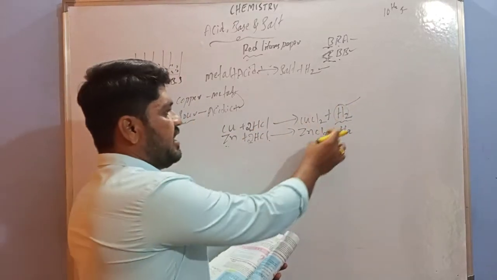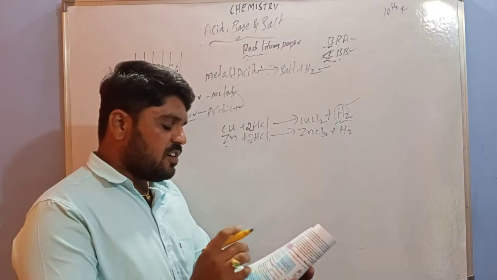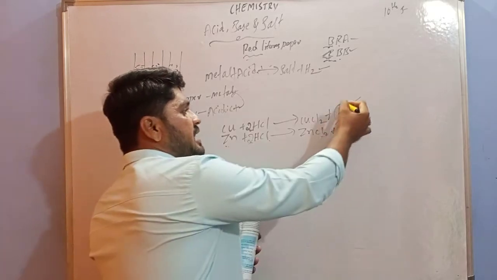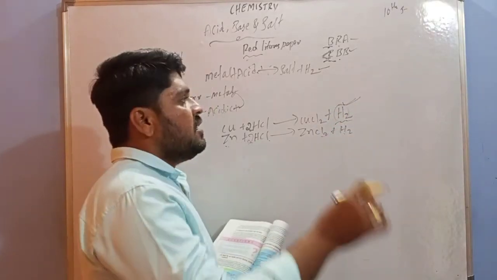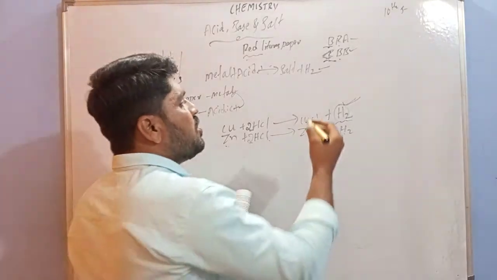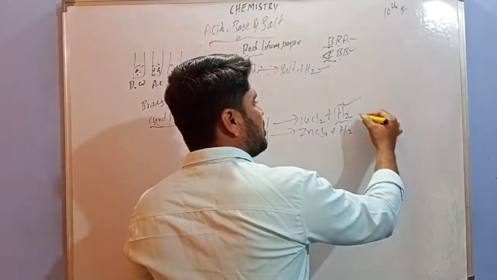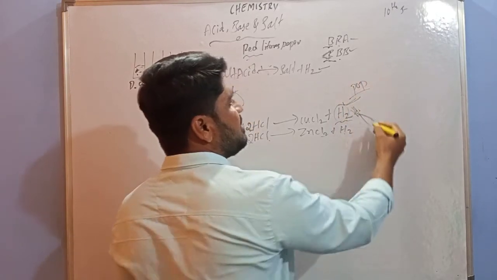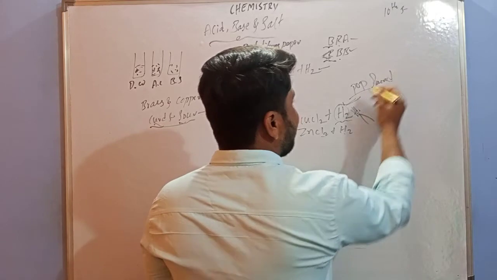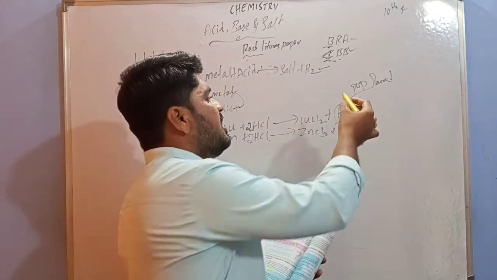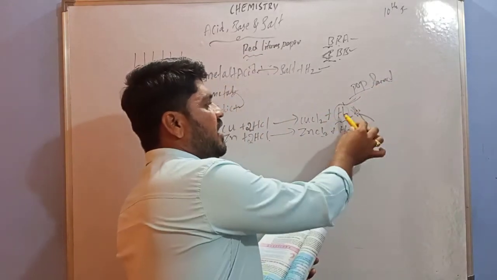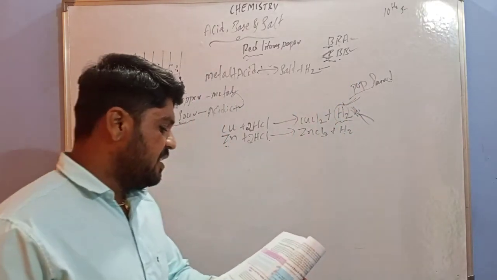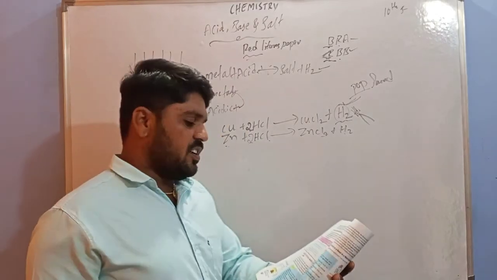I have illustrated this with 2 examples. Next, how will you test the presence of this gas? How can you identify whether it is hydrogen gas or any other gas? If you put a flame to this hydrogen gas, it creates a pop sound. When you place the burning flame to hydrogen gas, it creates the pop sound. Only then can we find the presence of hydrogen gas.